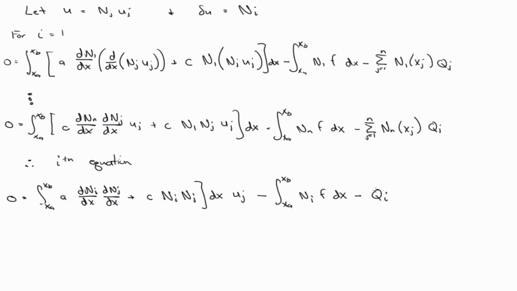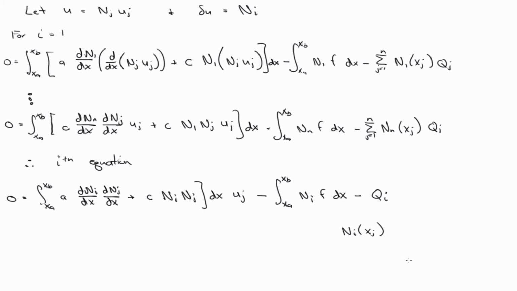Okay. So can anyone tell me what happened to my summation of this thing? What happened here for the ith equation? Yeah. So for the ith equation, I would have N_i